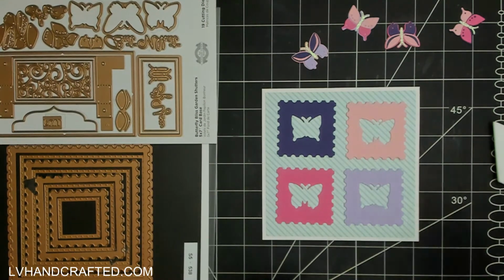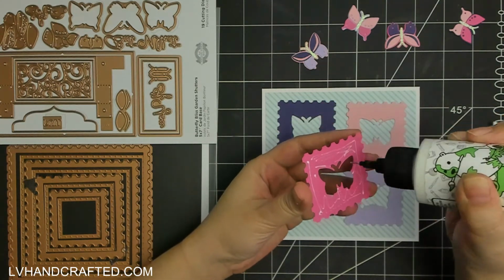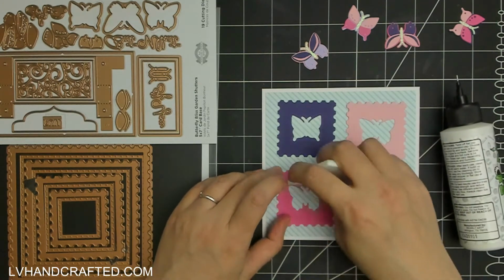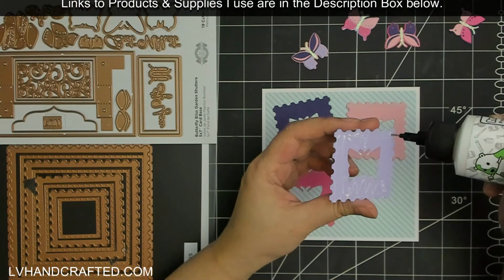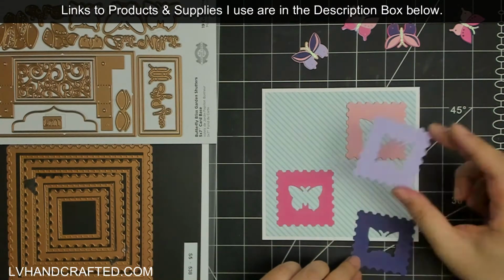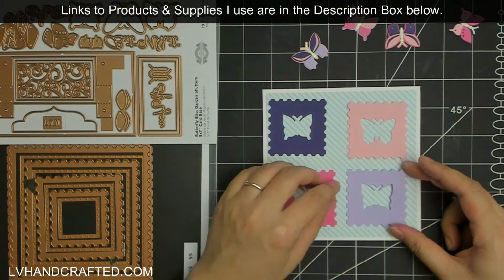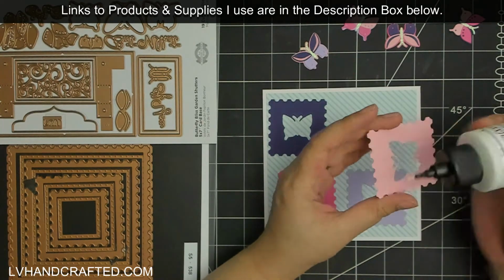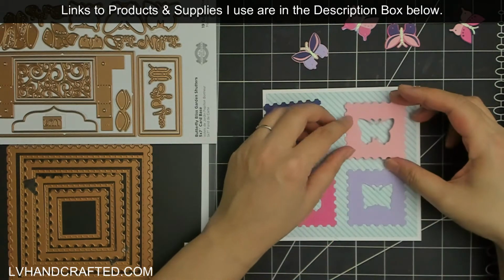And in this case, I added some pattern paper, but I wanted a color that wasn't one of the 4 of my postage stamps, but that would still coordinate with the 4. So that's why I chose a nice light blue. And when I had the 4 postage stamps here, and you can see I've used the smallest one, but you get a pretty wide range of sizes in this die set. So it's a really great